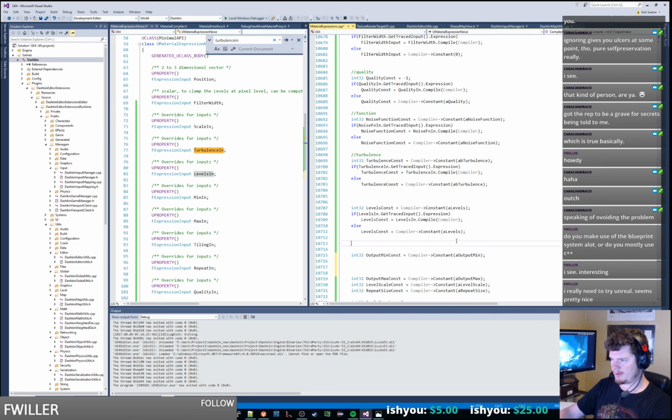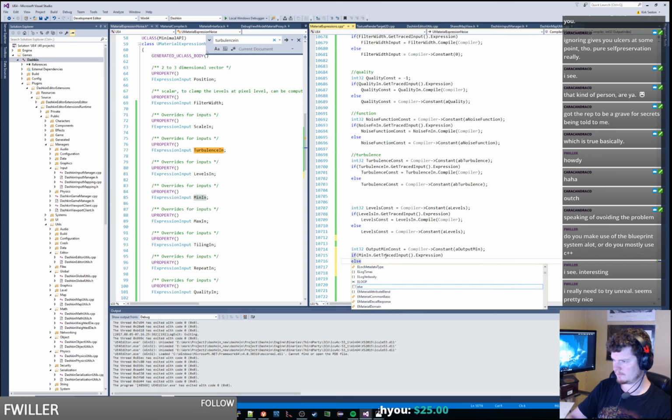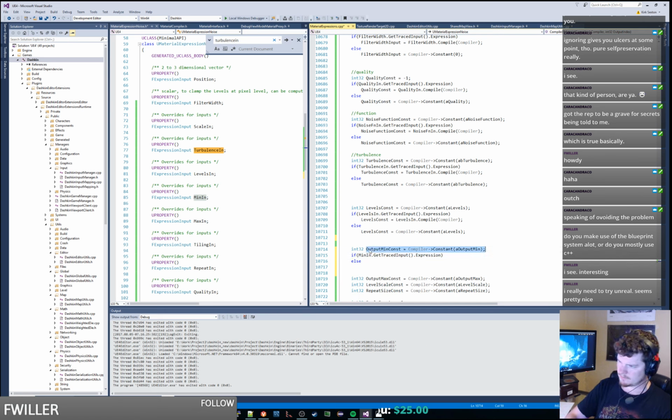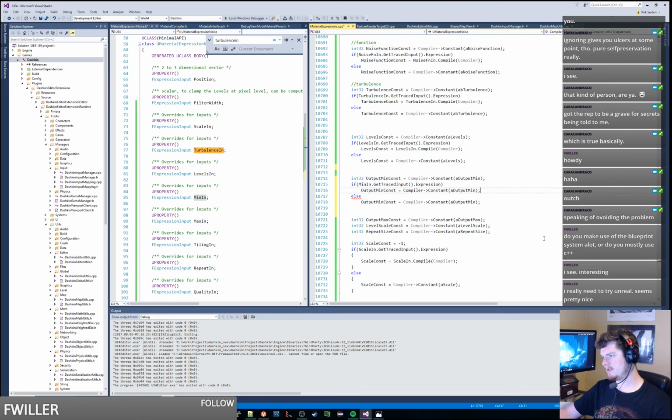Alright, get our output min, output max. And what we're doing is we are setting up our overrides for all these things so that we can override from the node, and we can also override from passing variables into the node. And the reason for that is because